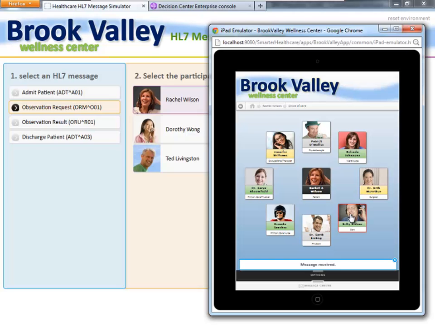And now as it turns blue, we can know that Billy has received the message, and if we just wait, that notification will go away. So we can be confident through our integration platform and the messaging capabilities that are embedded within that Billy has now received that notification about the transfer of that request to follow up on the delayed test result.